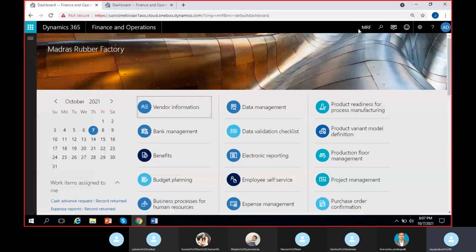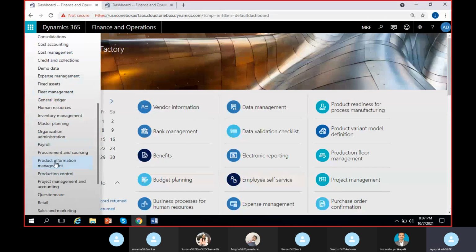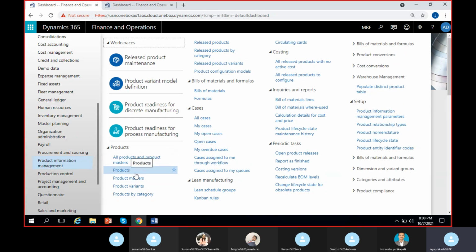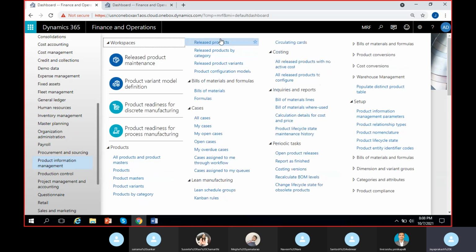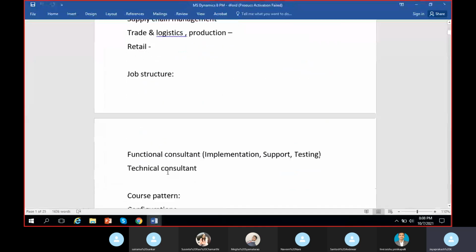So I'm in my legal entity MRF. I'm going to a new module called product information management. Here you can see product information management. Click on product information management. Here I can see products. Under products I have products and product masters. And I have another concept called released products. So I'll tell you the difference. What is this? Products, product masters and